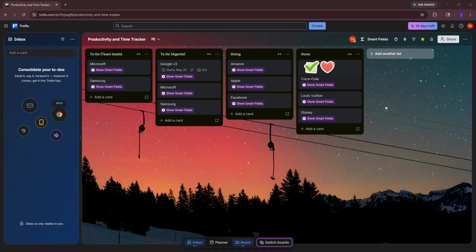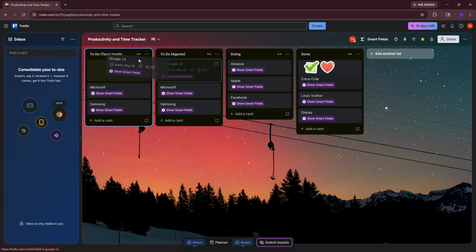First, log into Trello and open the board where you want to work. If you manage multiple boards, make sure you're on the one that contains the card you want to label. This can be your project board, a personal task board, or any shared workspace. Trello looks and behaves consistently, whether you're on the web or using the desktop app, so these steps will feel